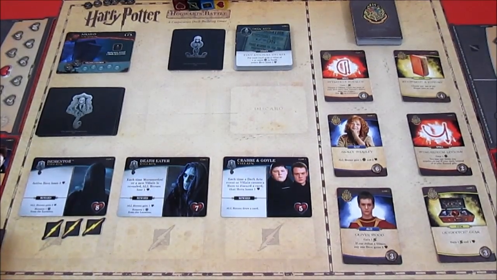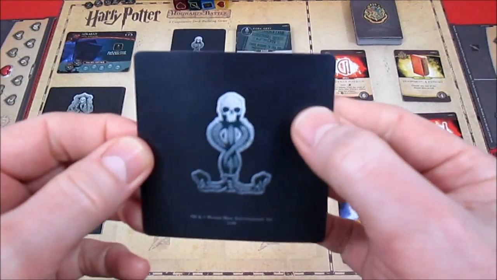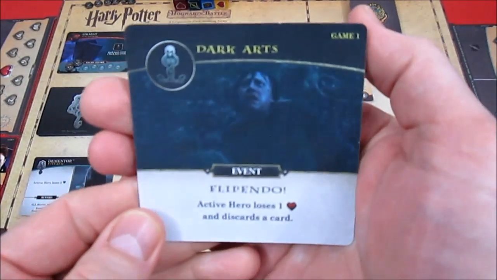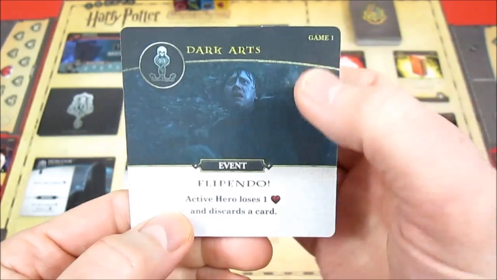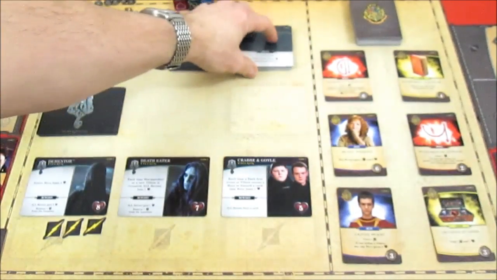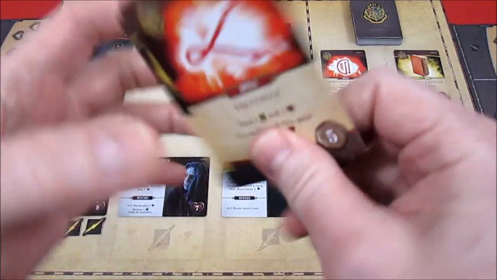All right, we're back to Harry. We have 1 Dark Arts card to process, and it is Flipendo. Active hero loses a health and discards 1 card. Okay. Active hero loses a health. He's going to go from 5 to 4, and he has to discard a card,